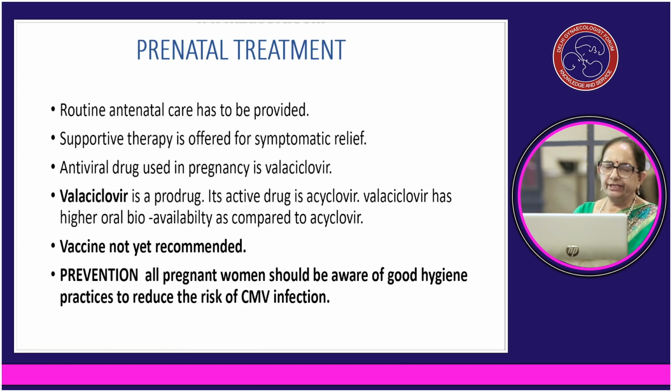Prenatal treatment. Routine antenatal care has to be provided. Supportive therapy is offered for symptomatic relief. Antiviral drug used in pregnancy is valacyclovir. Valacyclovir is a prodrug. Its active drug is acyclovir. Valacyclovir has higher oral bioavailability as compared to acyclovir. Vaccine is not yet available and is not recommended. Prevention of CMV infection can be done by teaching all pregnant women to have good hygiene practices to reduce the